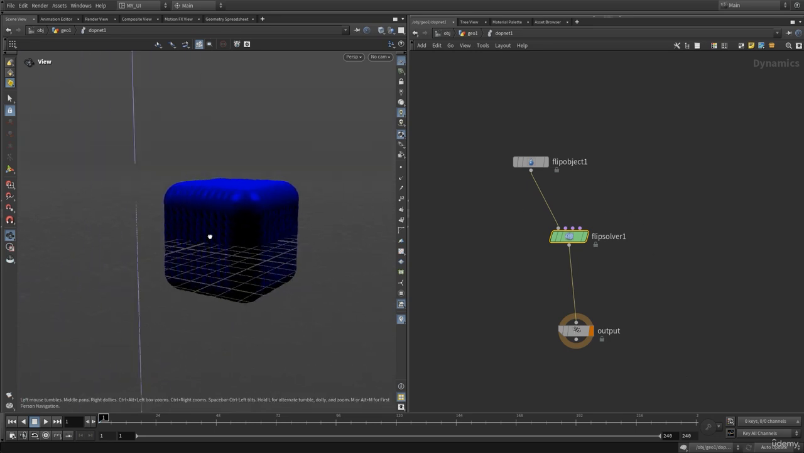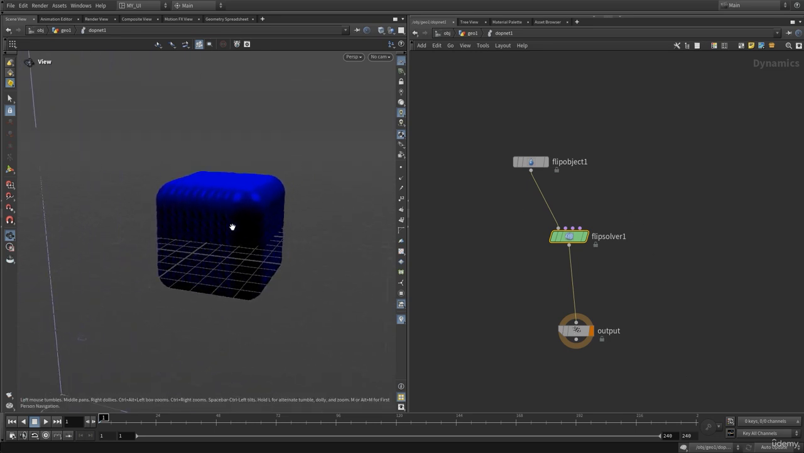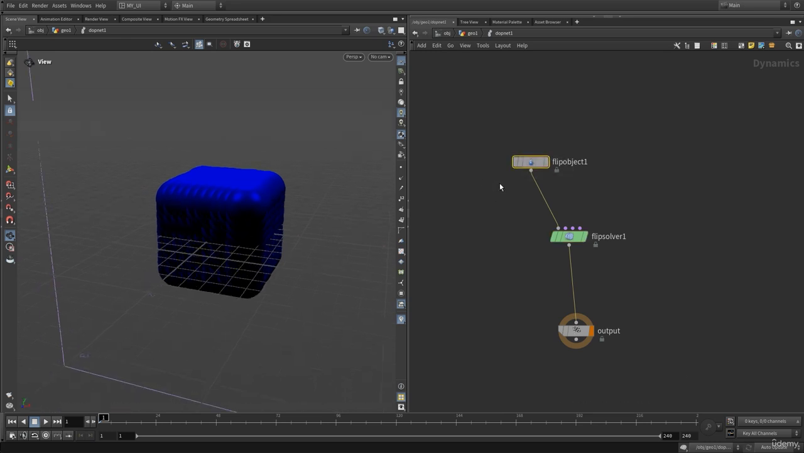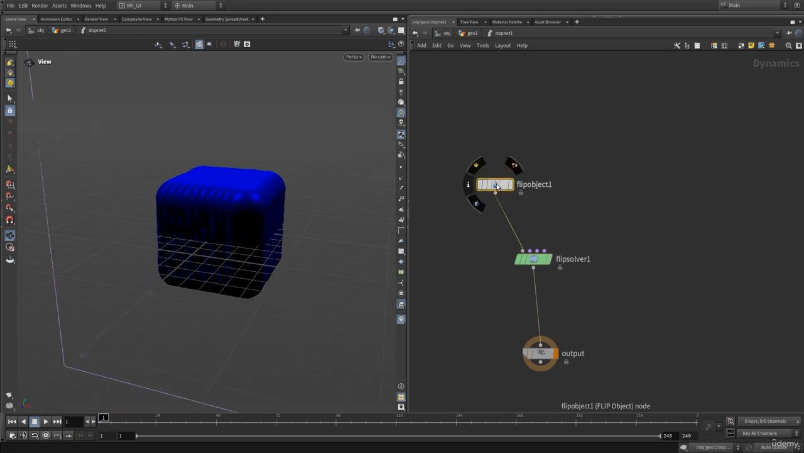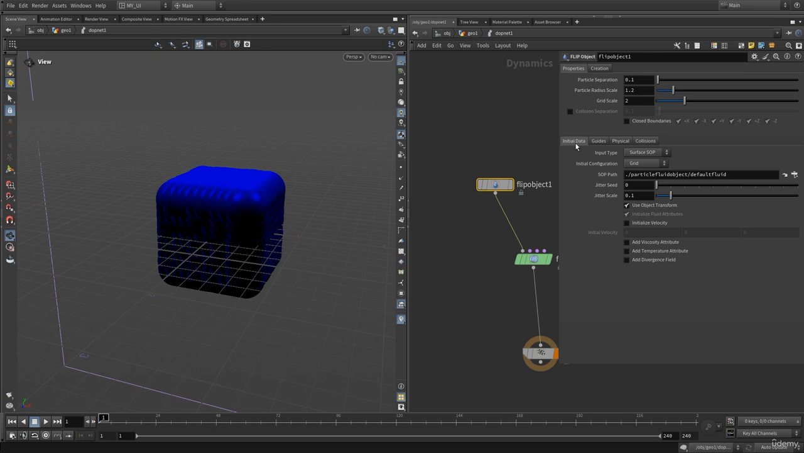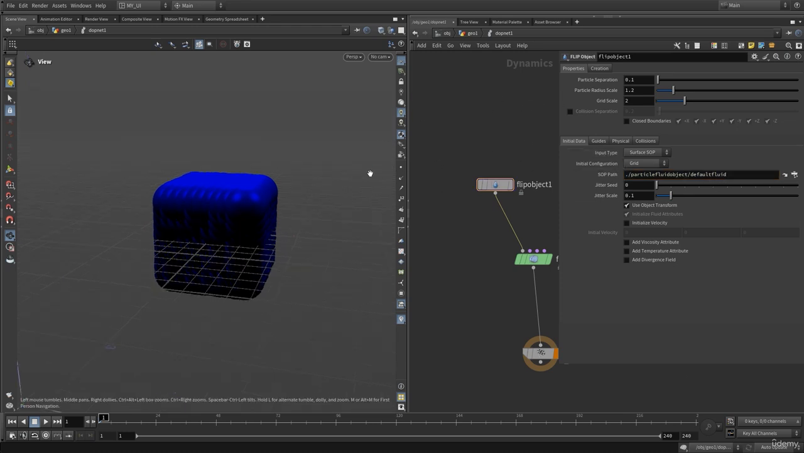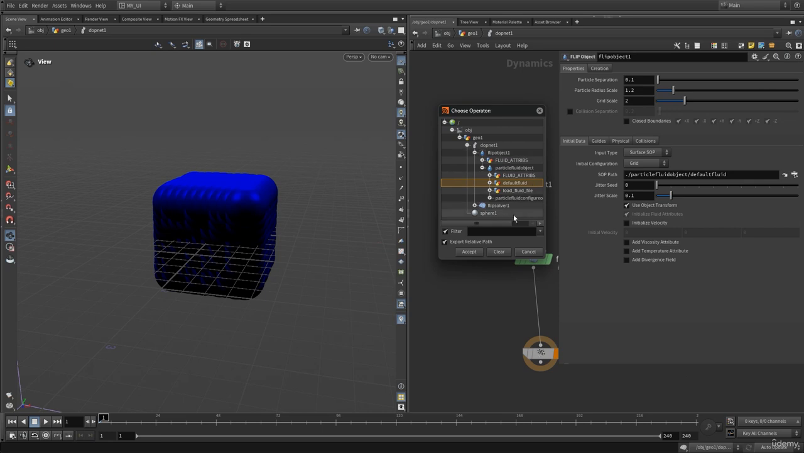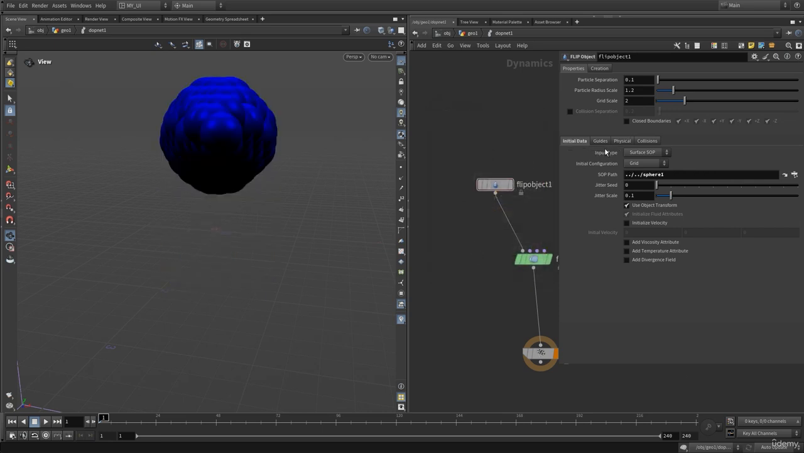And by default we see some of the particles. Here you can see we have some particles, and these are coming from this flip object. If I go into the flip object, here onto the initial data we have the SOP path, and right now it's using this default fluid path, importing this cube that actually came with the default directory of Houdini. I can make my own SOP path. Onto the SOP path, let's click on it, and from here I'm going to just select my sphere, hit accept,